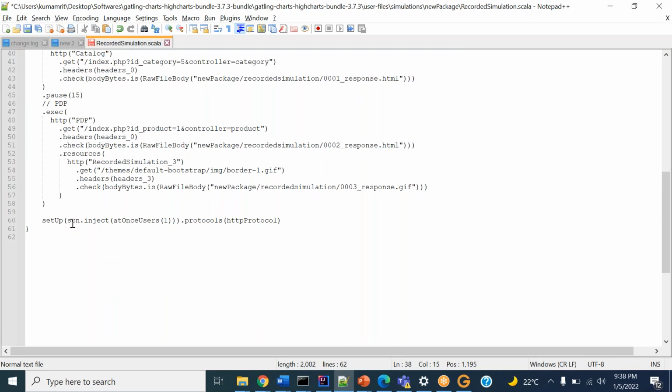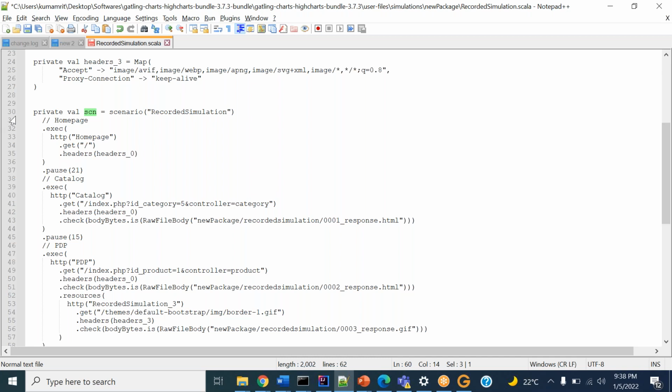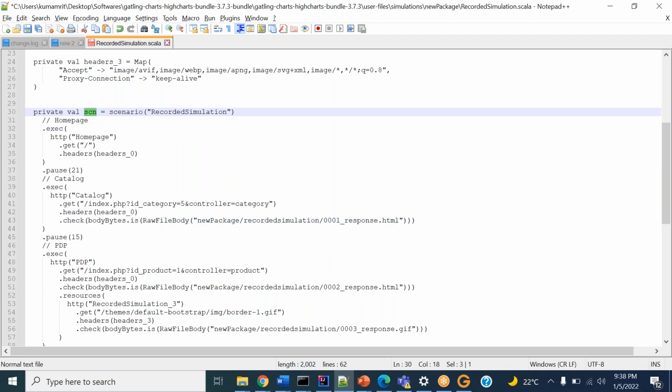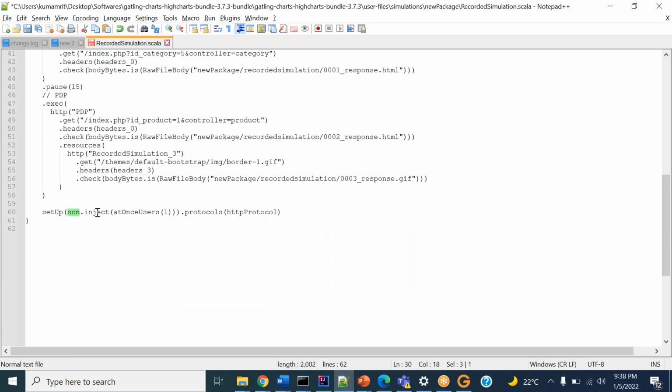Now we have setup. Let's understand, this is the simulation part. Setup is for setting up the users. SCN, what is SCN? SCN is the scenario variable name, where we define the scenario. So scenario variable name dot inject at once users.